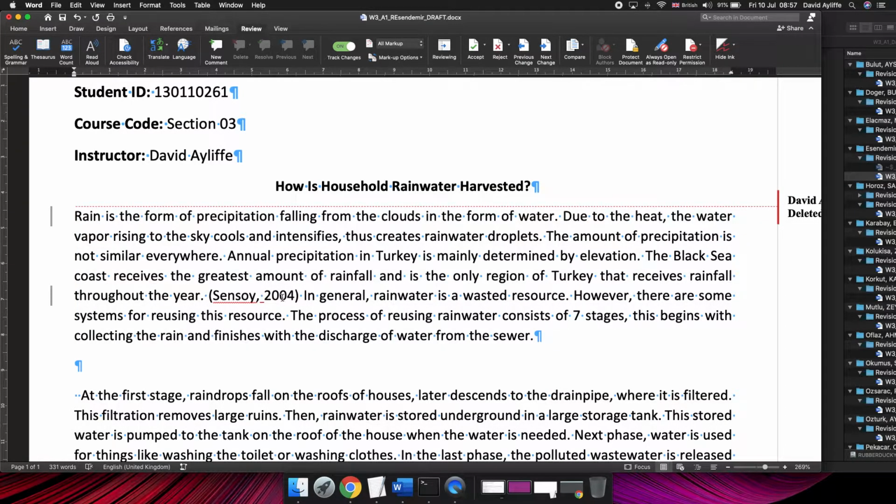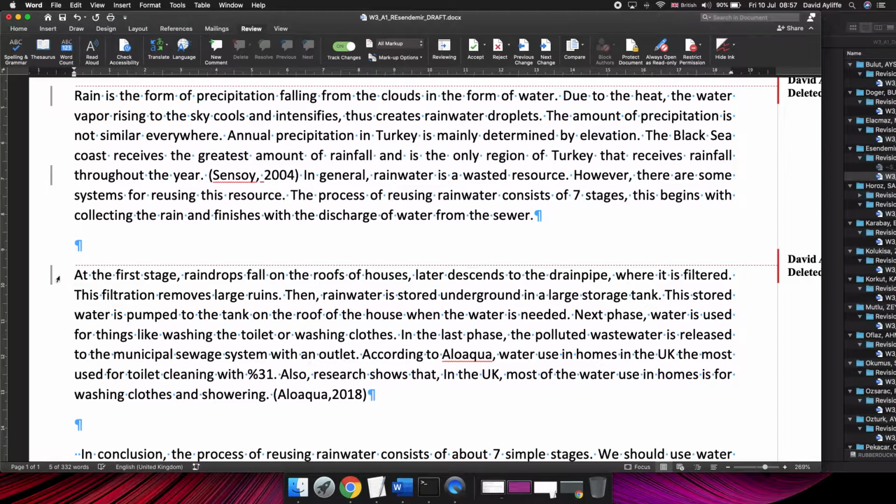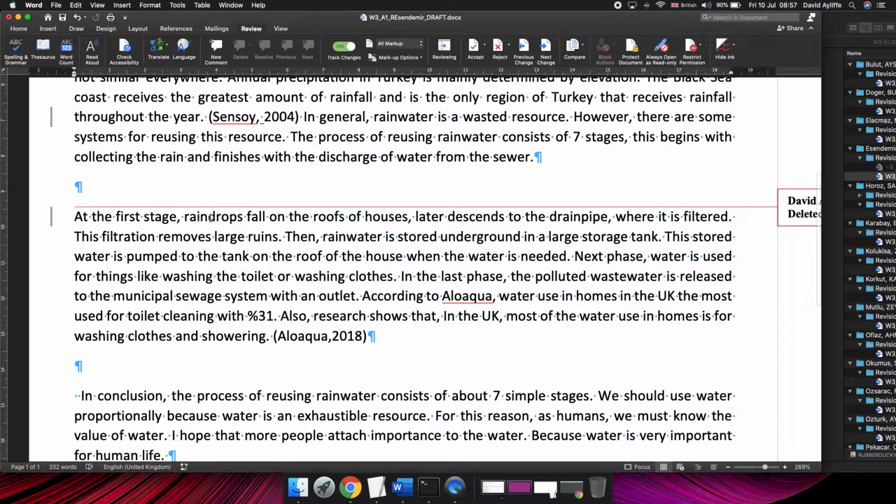We've got our first citation. We've got some background information. And then we've got a nice statement that leads into the body. And we've got a very good title. Well done, Rabia. So far so good. We don't need those. Raindrops fall on the roofs of houses, later descend to the drain pipe, where, not it, raindrops,